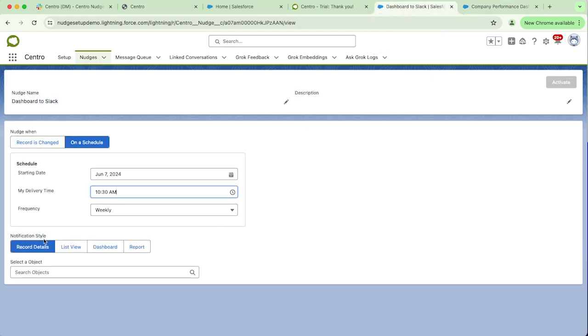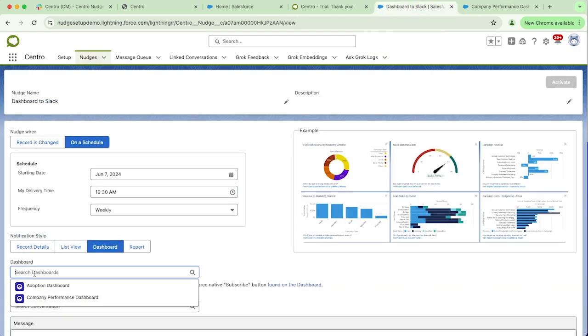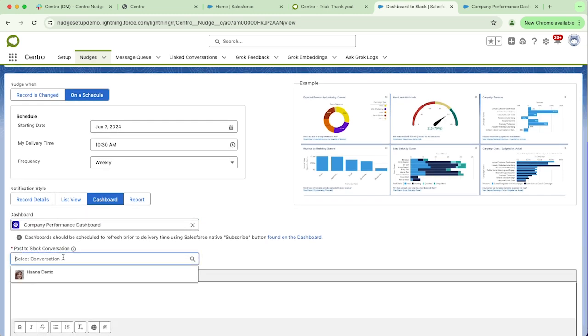And then we come to notification style. We'll hit dashboard, and we'll hit the company performance dashboard. And then we pick where it should go. I think I've got a demo channel set up,